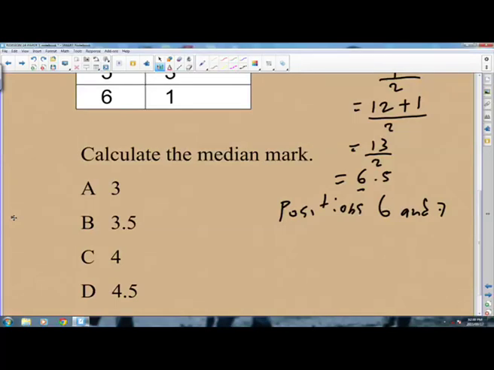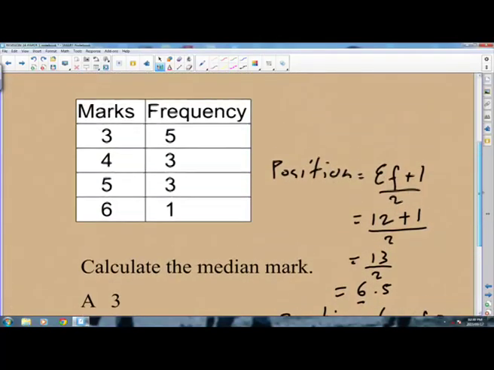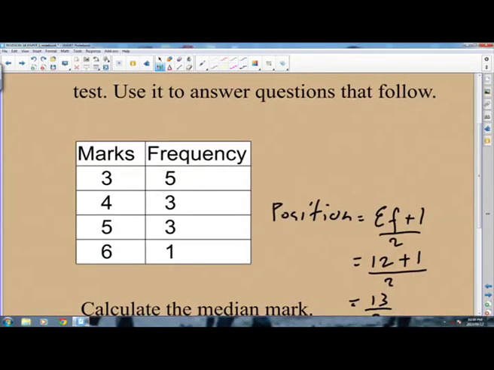We need to go back to the table. Let's go to the table. This is our table. We are saying we have to look at position number 6 and 7. Up to position number 5, we have 3. That is, 3 will be from position 1 up to position number 5. And then at position number 6, it's a 4, and at position number 7 is also a 4. So this simply means the numbers in the middle here are 4 and 4. So the median will be,